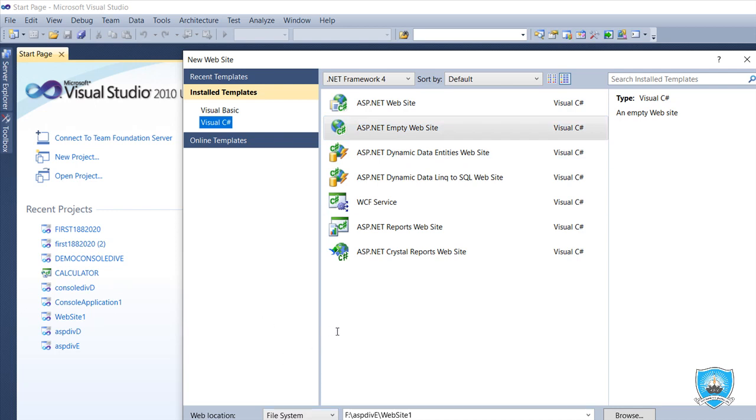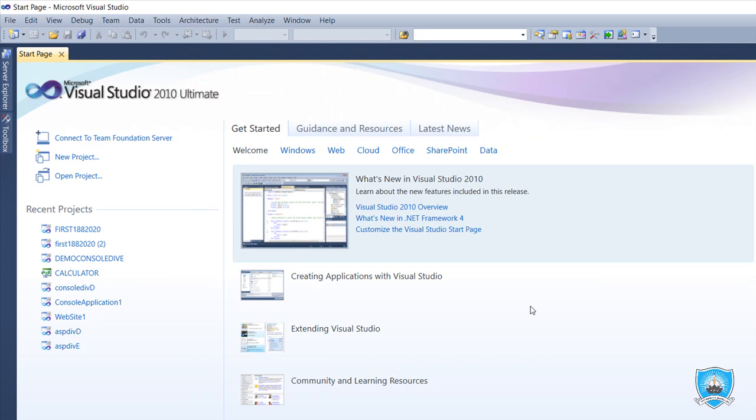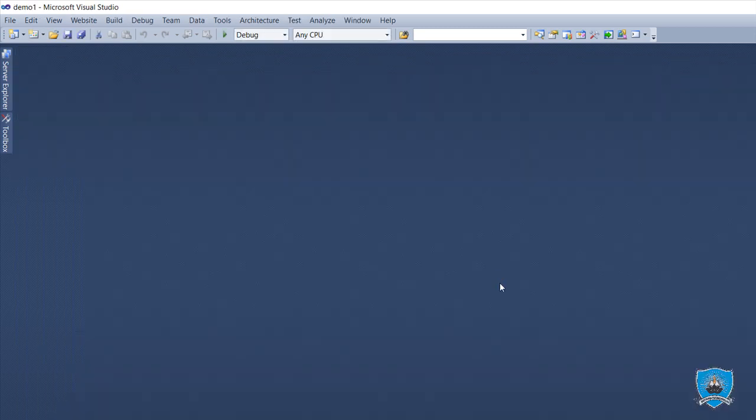I am saving this project on the F drive, in ASP Division E, in a folder named demo 1. This is my project. I click on OK, and let me go to some page directives.